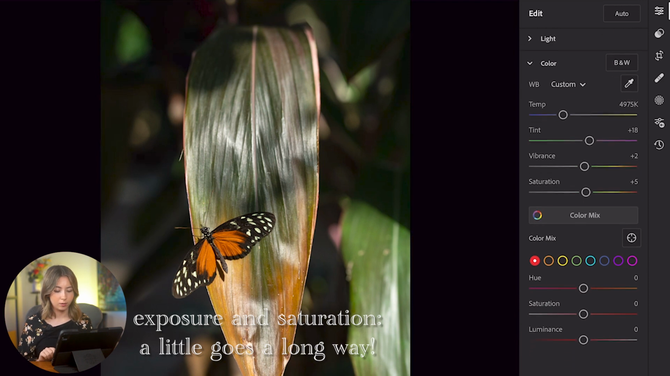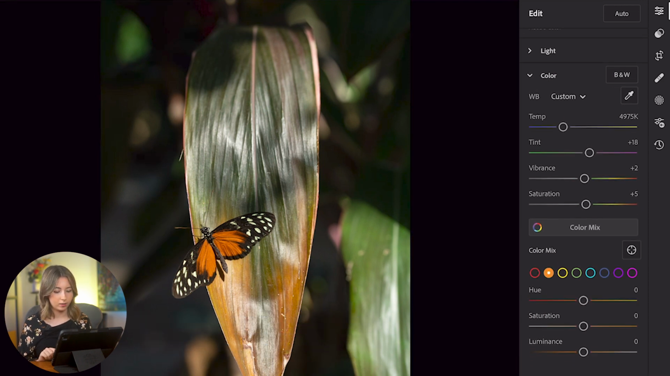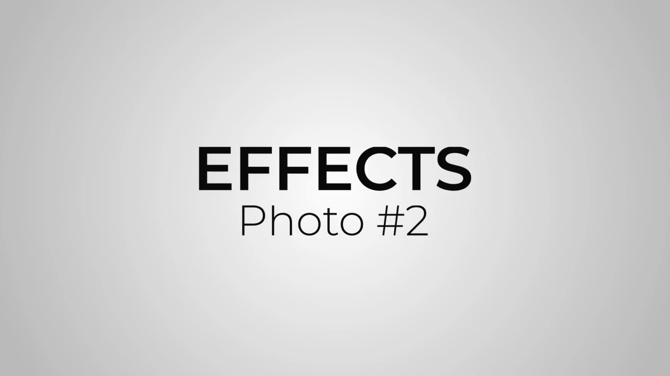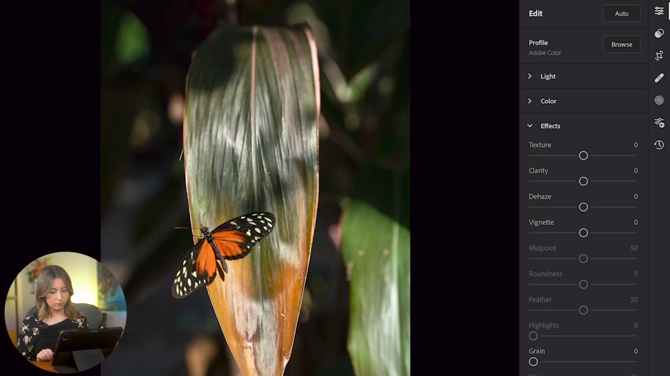I really like this orange, but I'm gonna make it a little redder and a little lighter, so there's more pop and it adds more interest directly to the subject. Cool, so I'm happy with how the color looks right now. So I'm going to add, in the effects panel, some clarity,